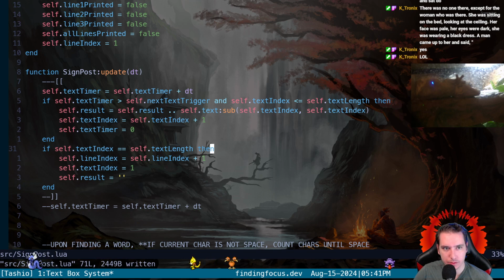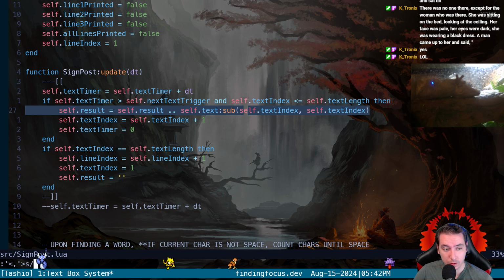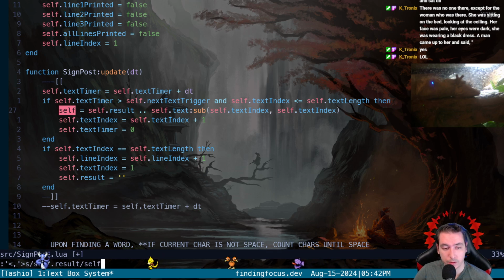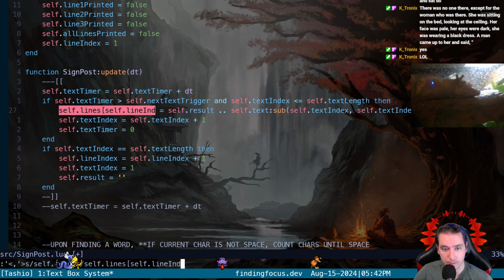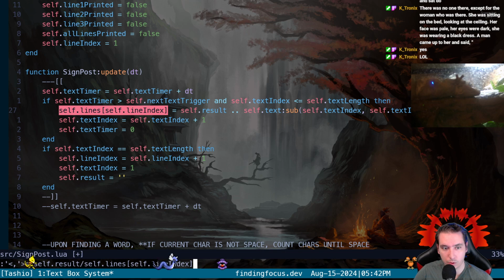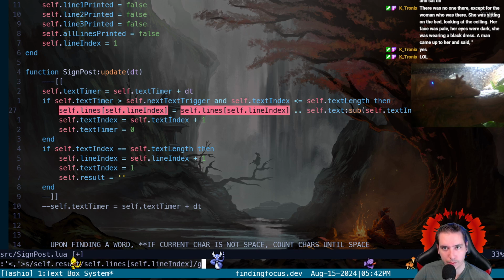Yeah, we're gonna have to do... We don't want result here anymore. Let's find every self.result and replace it with the self.lines table at the self.line index, so that each table will get populated one line at a time from the text sub. Okay, so we gotta change our text parameter,